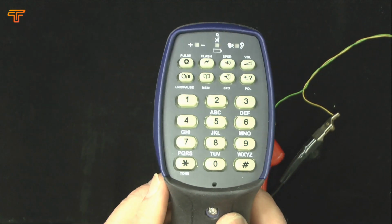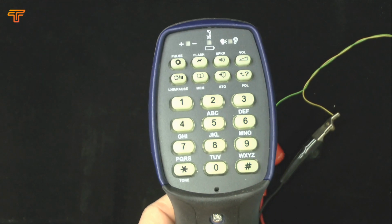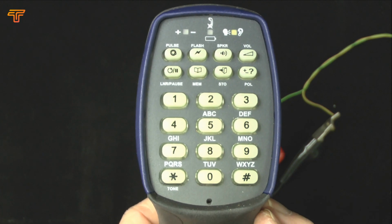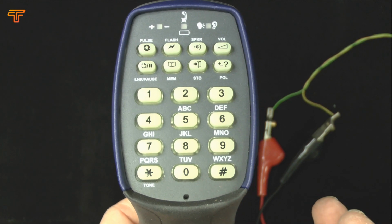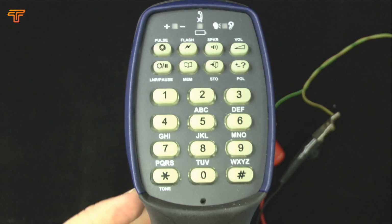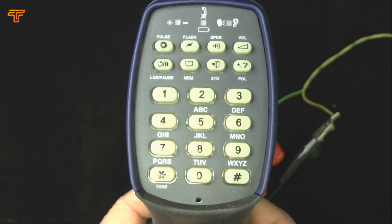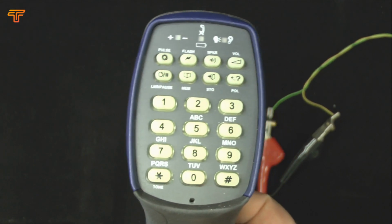Another way that the Nautilus series of test telephones from Tempo protect both themselves and the network from damage is that they detect excessive voltages on the circuit. So when connected to a normal telephone line, so around 50 volts nominally, let's say up to 60 volts, it'll just operate as normal, apart from the DigiAlert detection. When it detects a higher voltage, so in this case it's connected to an approximately 80 volt line, so I think the threshold is between 75 and 115,